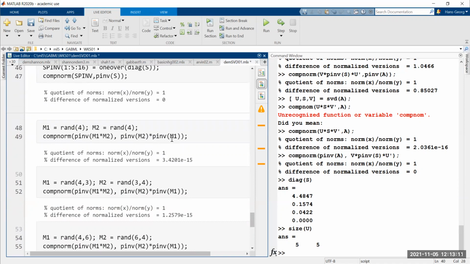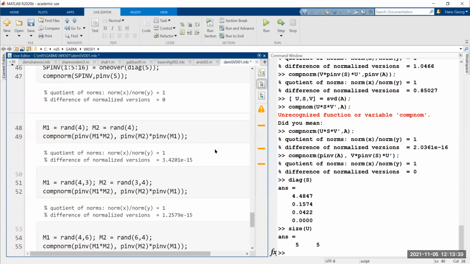Okay, now I wanted to tell you another little thing which came to my mind, which is very easy to present in MATLAB, and that's: is it true that the pseudo-inverse of a product is the same as the product of the pseudo-inverse matrices? And of course, you can take random matrices. I took 2 random matrices of size 4, and then this result shows, oh yes, it's the same. But then, of course, I have to tell you, this is a bit of cheating, because